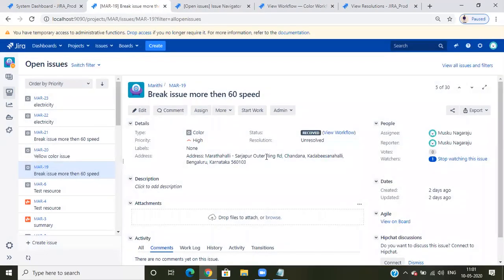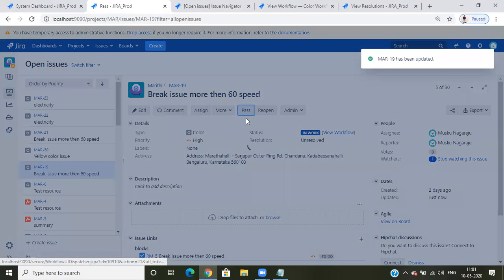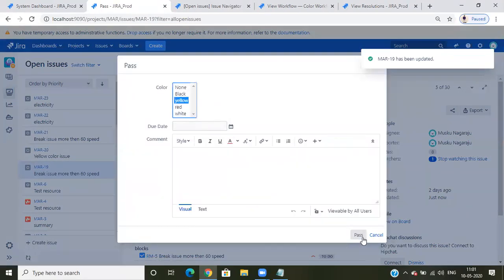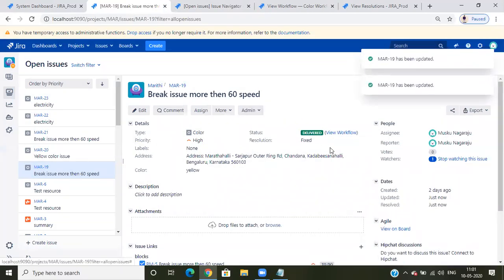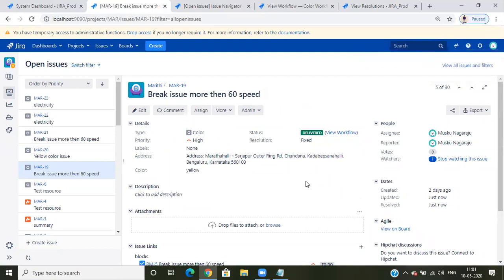If I click on approved, it is fixed, but I have not fixed this. I delivered it, but without fixing, I'll provide it to the persons. Okay, but I want to select here resolution is equal to a different one, like which is rejected, which is won't fix, which is a category. So I want to differentiate it, right?